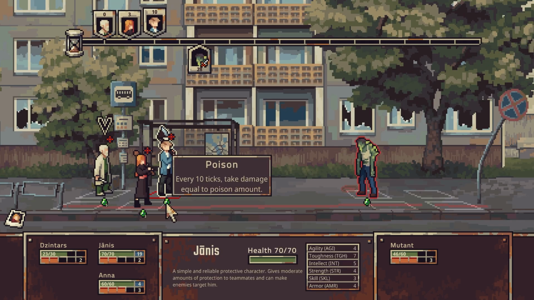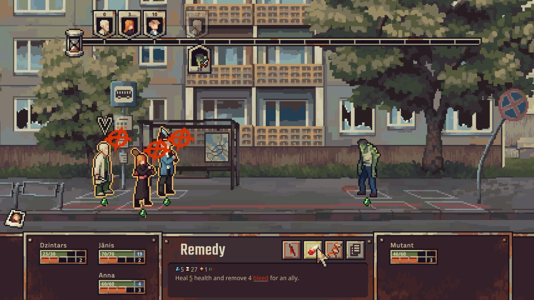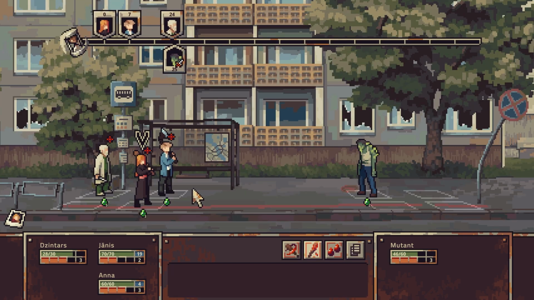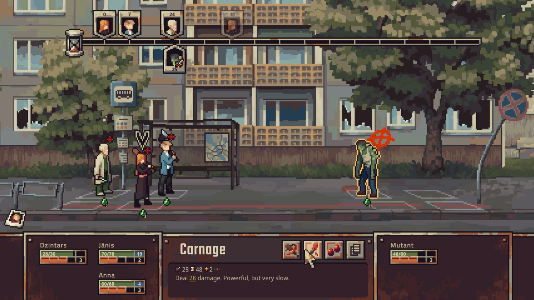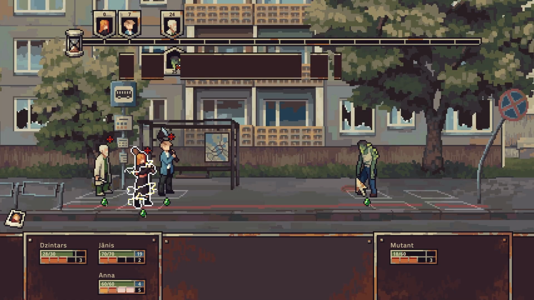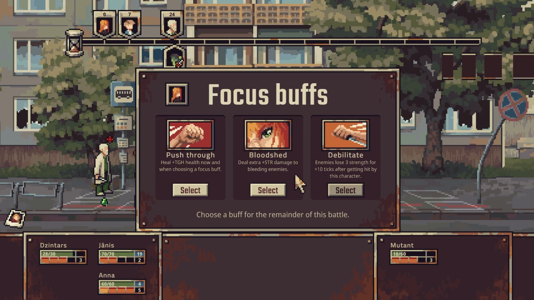Poison fumes. Yeah, this is not super great. We're gonna need to try and heal you up. There we go. Good. A little bit of healing done. Fantastic. Let's go for a big deep strike on the...